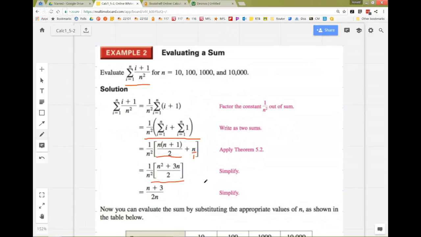So, and then let's multiply by 1 over n squared. Well, what's n squared over n? n. And then, so you can simplify that down to this. Okay, so now that we know we have this nice shortcut,